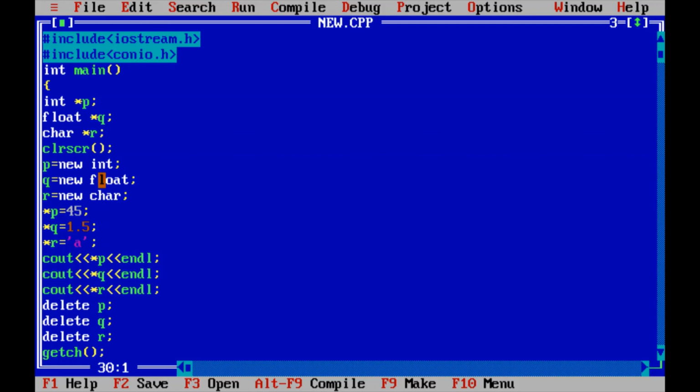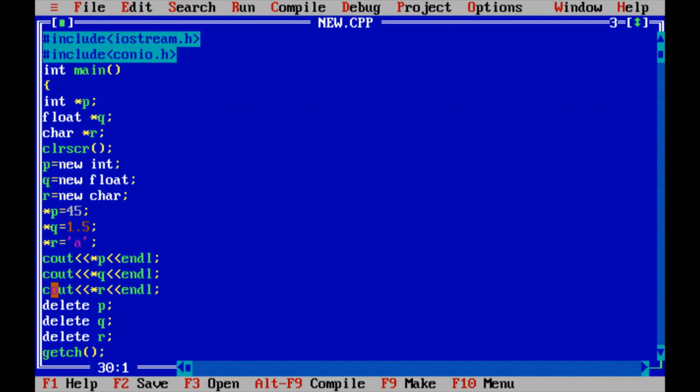An ordinary variable just has the variable name, but for a pointer variable you give an asterisk before the name. The pointer variable always holds the address of some other variable. If it is an integer pointer, it holds the address of some other integer value. Like that I am printing the values of these three variables.